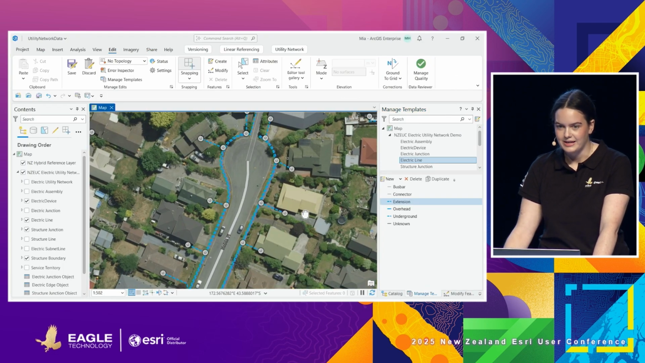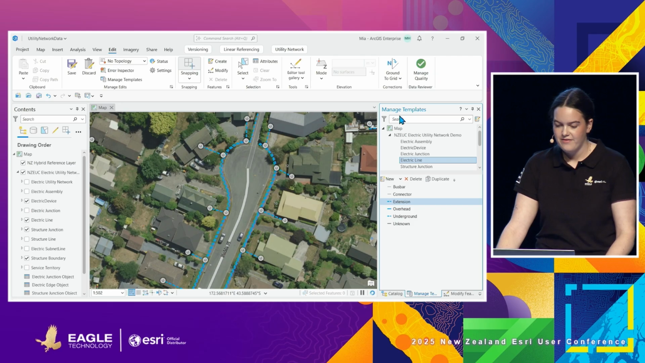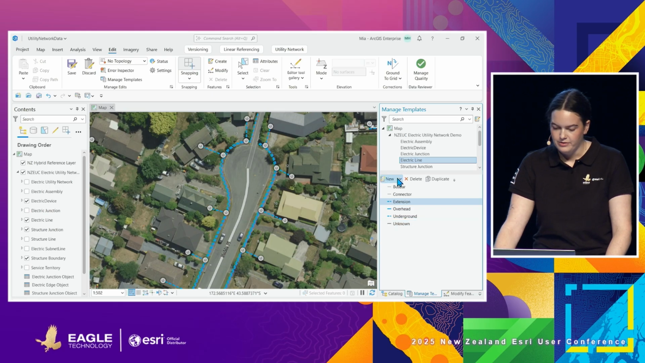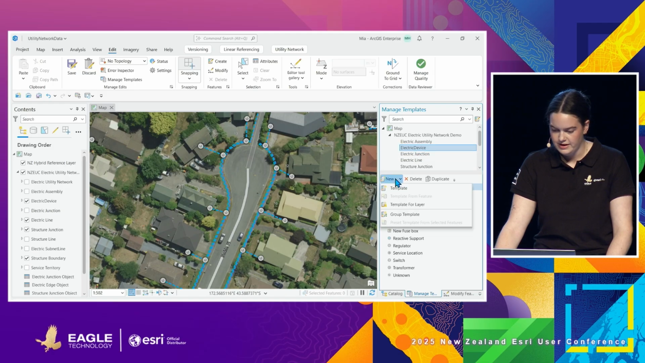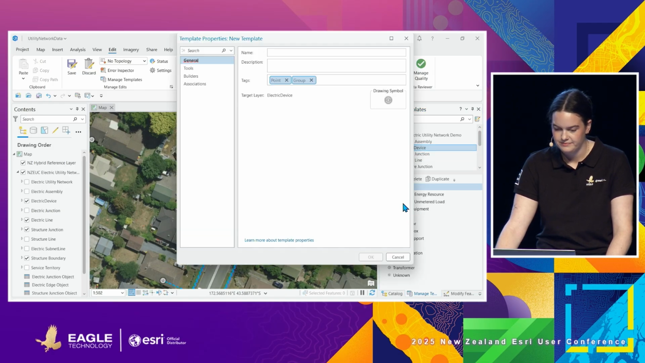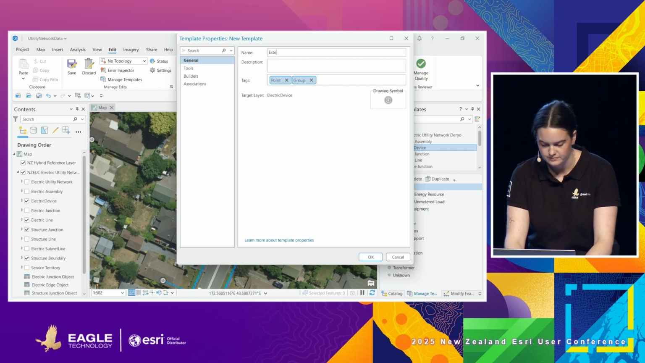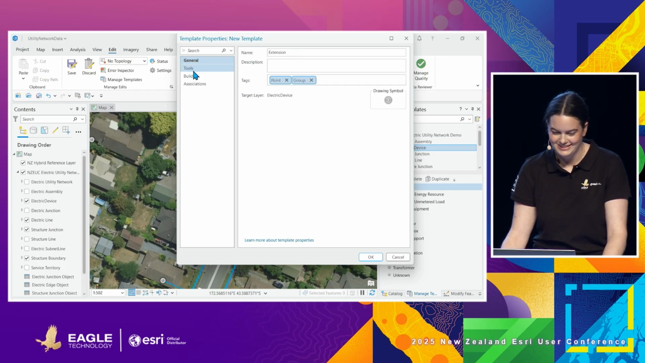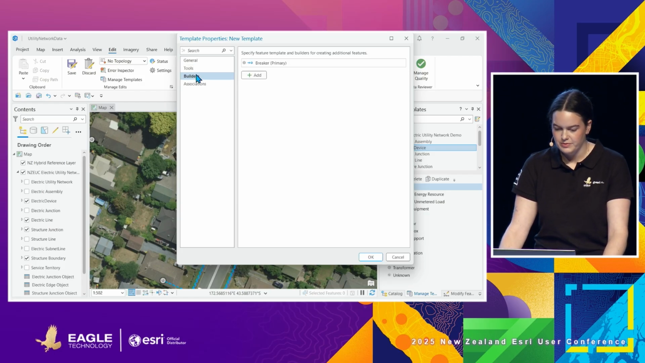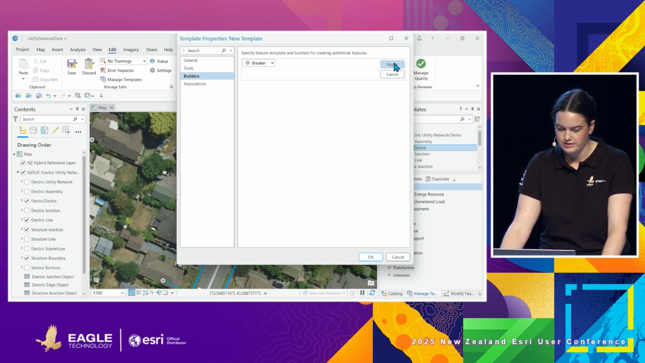So here you might recognize this map from yesterday. We have our Manage Templates pane up here, which we find in the editing toolbar. So I will add a new group template. We'll go into Electric Device, add a new group template. For those of you who might not have added a group template before, this is just a quick demonstration. We can add the tools we want to use and the builders. So for this example, we'll be using our point,